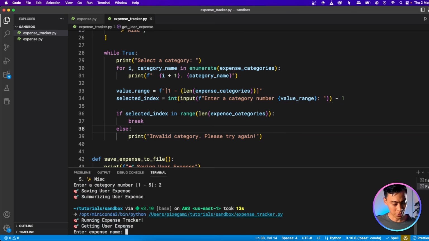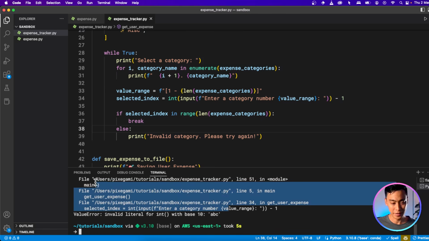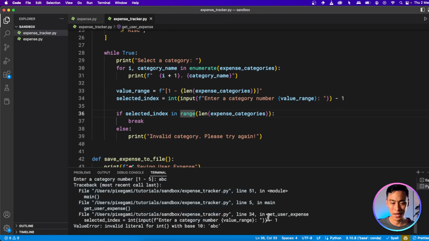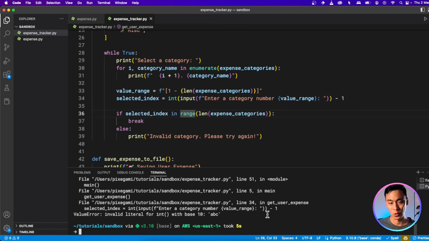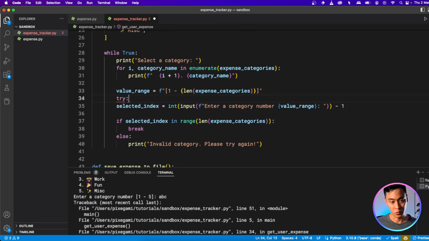Now, just to show you, I'm kind of curious what happens if I enter something like ABC. Okay, so you can see that it completely breaks because it can't cast something like ABC to an integer. And we haven't covered how to handle this yet, so we're going to ignore it for now. But just so you know, if you come across something like this and there's an error, the way you can handle it is using something called a try statement. And we didn't cover this because we didn't cover error handling, but that's something for you to look into later on if you have time as a way to handle this.